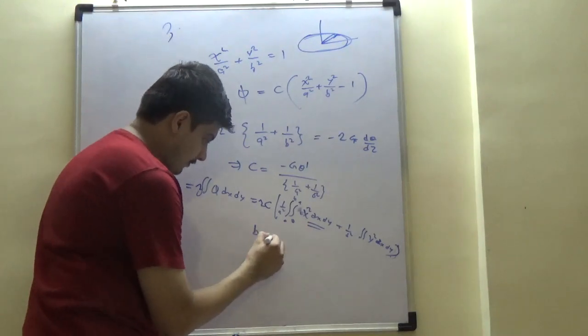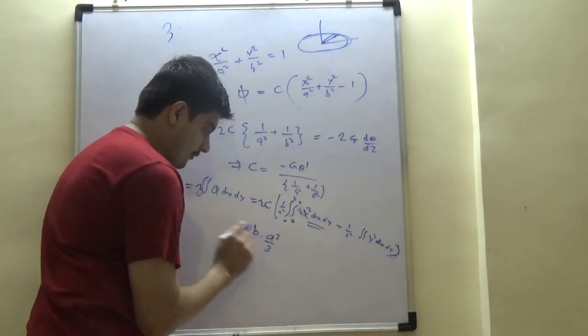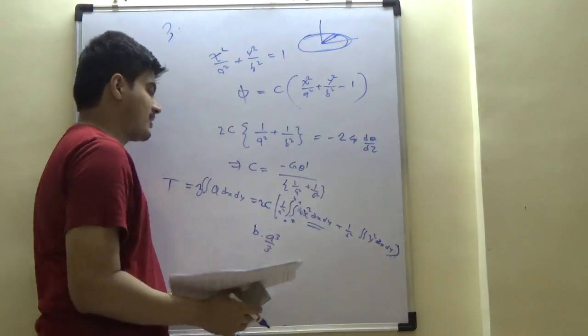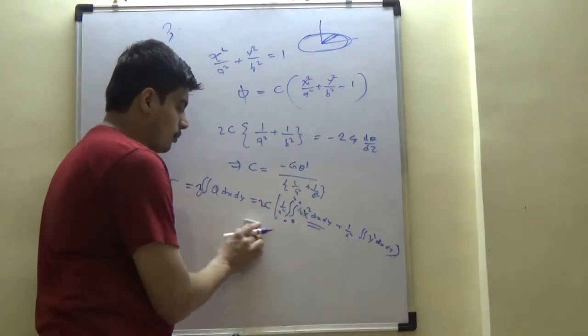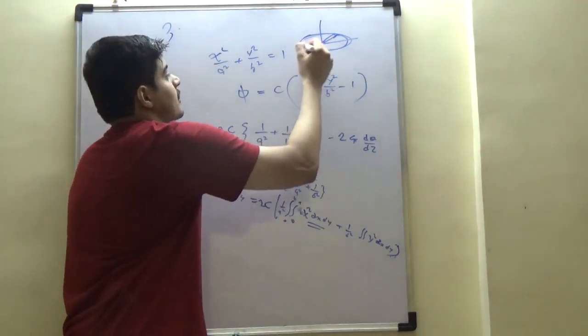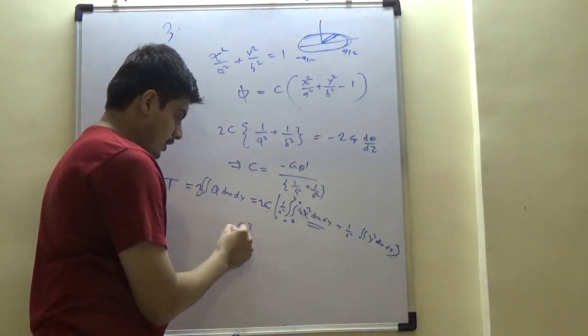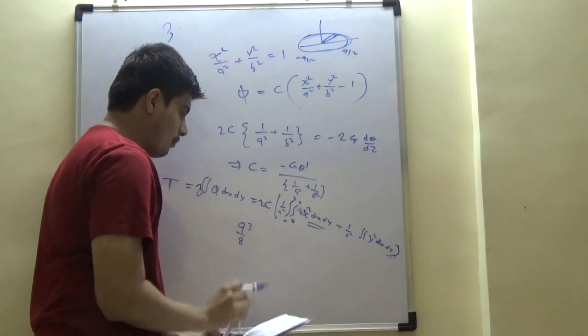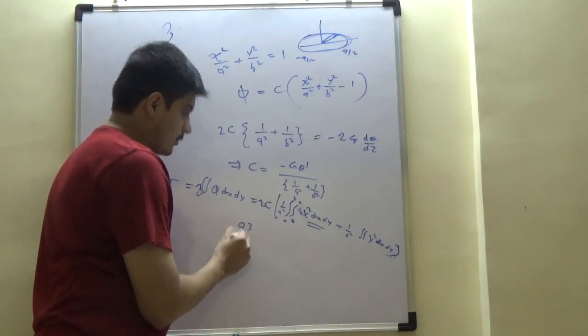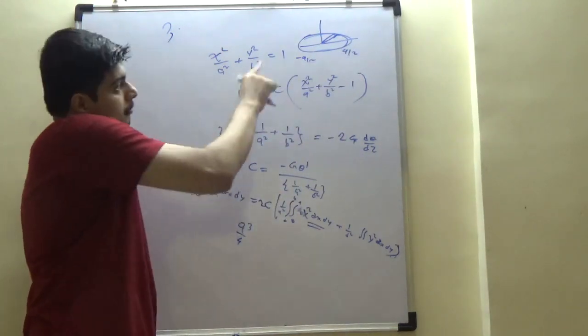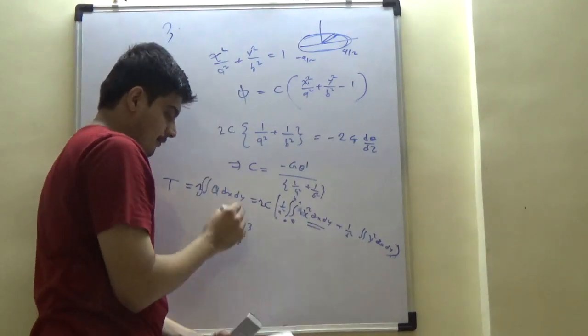So b into a cube upon 3, and since the coordinate frame is such that you have to integrate from minus a by 2 to a by 2, a cube upon 8, so a cube upon 4 will prevail here, a cube upon 8 minus minus plus, so a cube upon 4 into b,